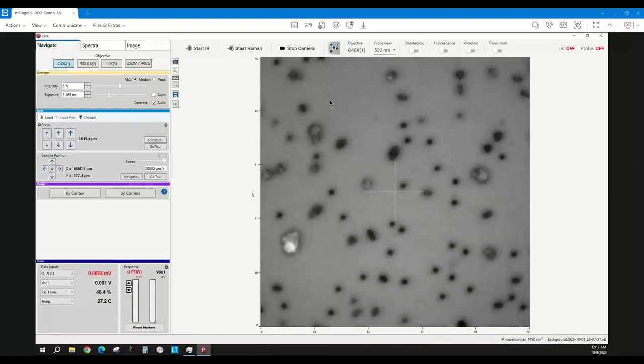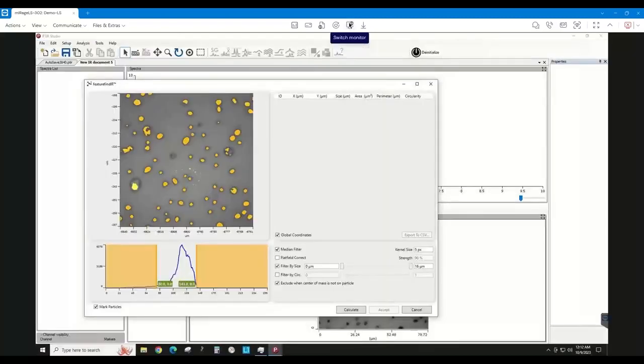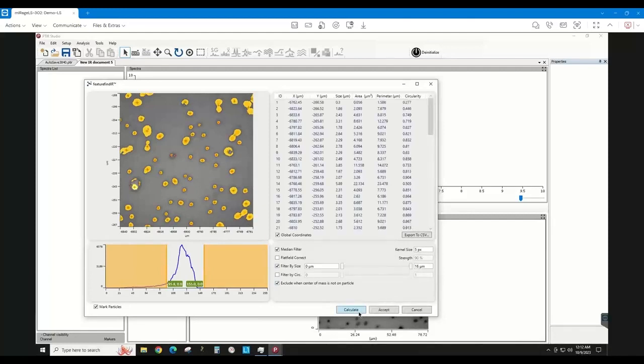If I click on that, that window opens up in the other pane. Now we see the picture that we just saw on the screen before, and the little histogram of all of those pixels. We'll just modify these to make these points a bit more clear and obvious. I can also set filter by size, so you can ignore either the large ones or the small ones and set a range. But if I hit calculate, come back and accept that,